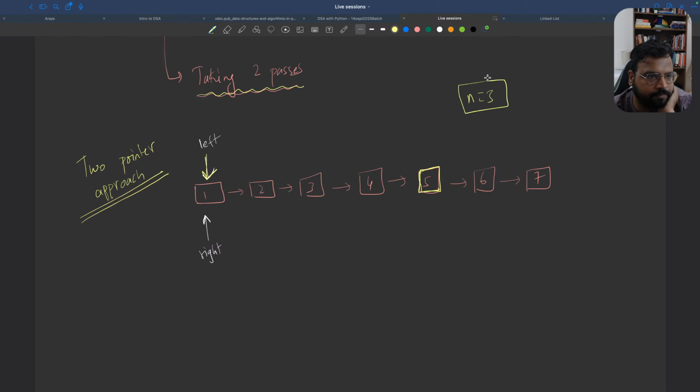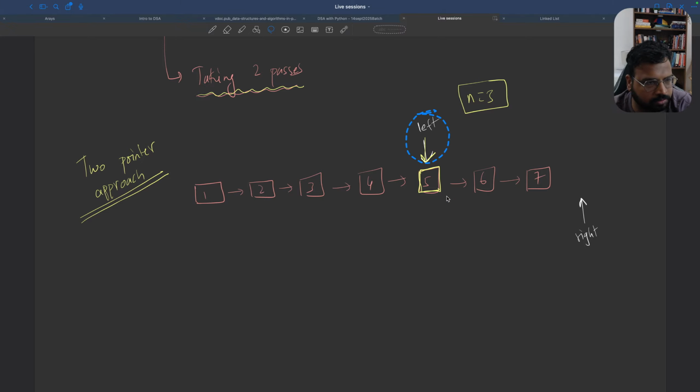Value of n is 3. ठीक है? तो n का वैल्यू 3 है और 3 का अगर गैप हमने बना दिया यहाँ पे, इसका मतलब जब ये राइट पॉइंटर एंड पे होगा, तो लेफ्ट पॉइंटर उससे 3 पीछे होगा। और वही तो नोड हमें डिलीट करना है, वो नोड जो लास्ट से 3 पीछे हो।